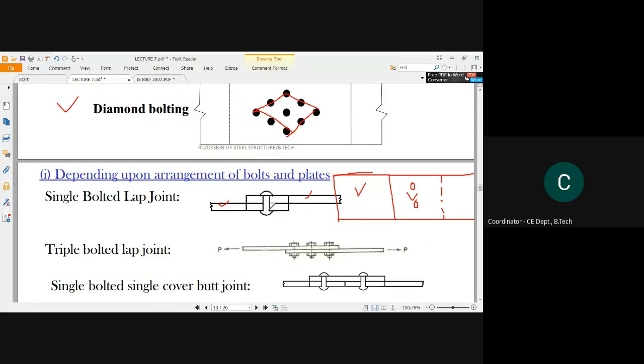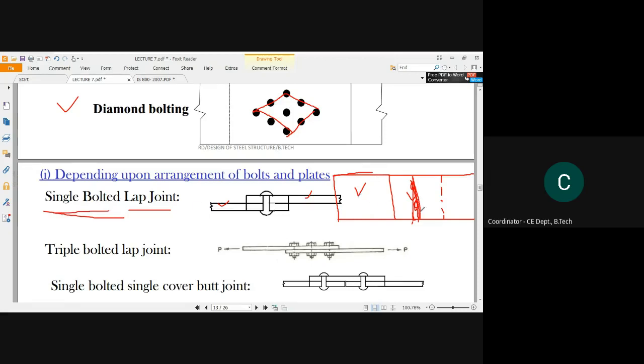If you watch it from the side view, and if this bolting arrangement is in this order, you will only be able to see one bolt from the side, right? Am I right? So this is called a single bolted lap joint. Single bolted means that in this series, multiple bolts can be situated, but the series is single, only one. That is why this is called a single bolted lap joint.